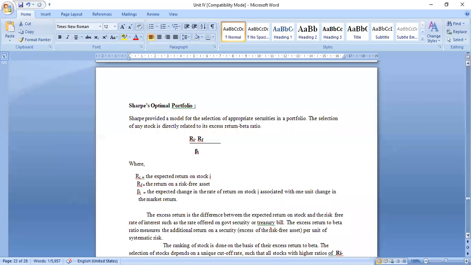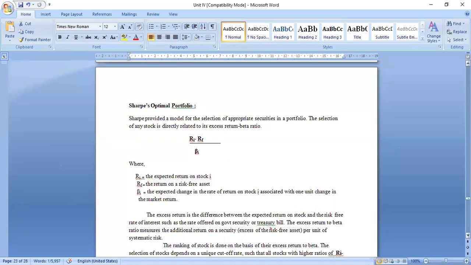So I hope up till here it is clear. Now we will move on to the next aspect, that is Sharpe's optimal portfolio. In the previous questions which we solved in the case of the single index model, we just tried to identify which individual security is best, or the portfolio return. But in the case of Sharpe's optimal portfolio, greater relevance is given towards the selection of portfolios, and the selection is going to be optimal, or in other words it focuses on the proportion of investment that can be made out of the available securities.